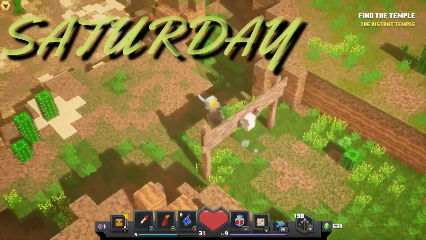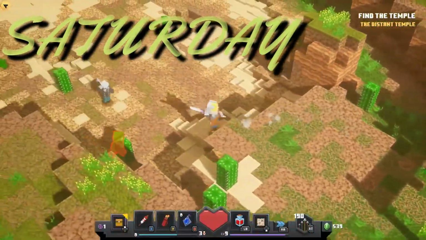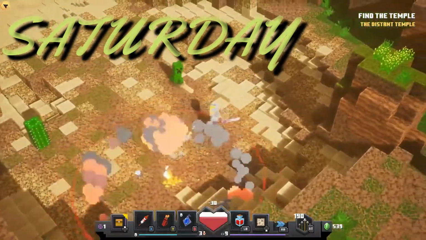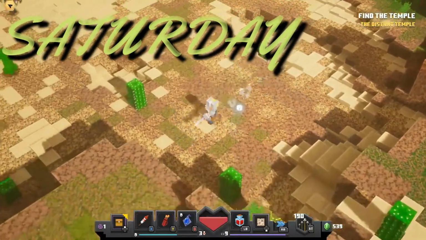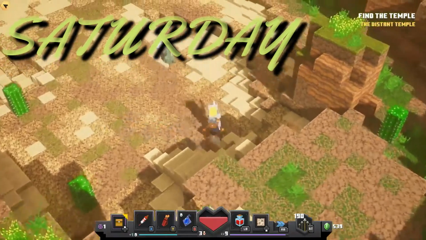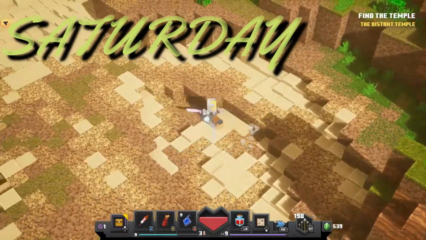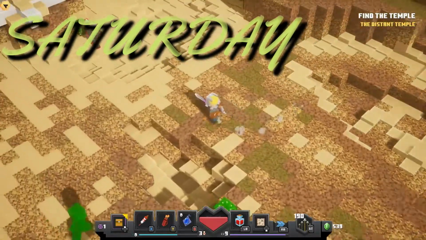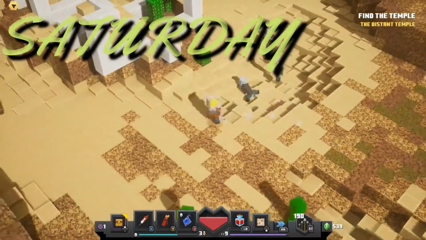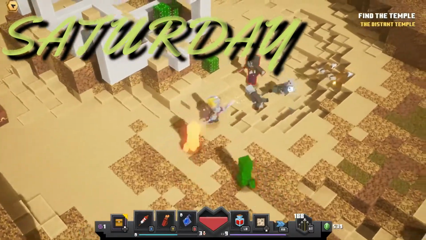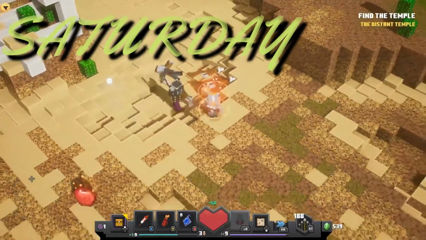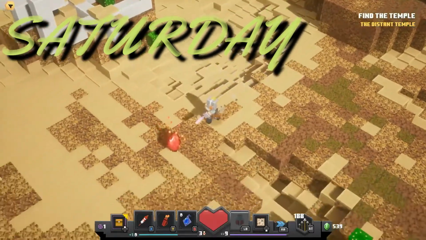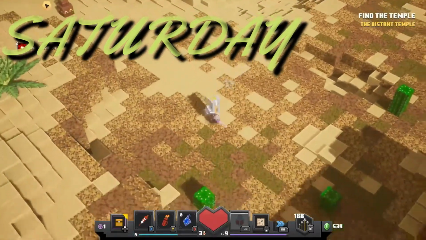And then come Saturday, we took on Minecraft Dungeons yet again, where we explored the Cacti Canyon in search of the Desert Temple hidden deep within. In addition to that, we did go back and we played the crypt that was unlocked from the secret found earlier in the week. So yeah, if you missed that episode, I would definitely recommend you check that one out as well. And that's it. That's the week in recap.